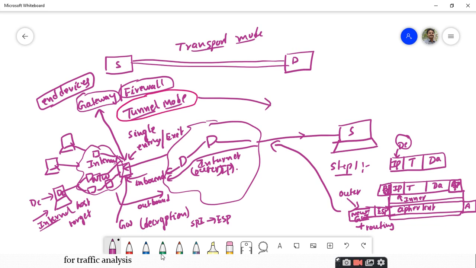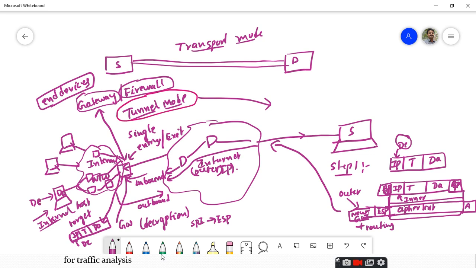It is going to decrypt the data and the remainder of the packet, that means it is going to convert this ciphertext into plain text, the entire remainder of the packet, that is from this IP to the TCP and data. So up to here, it will get the packet like this: IP, TCP and data. This IP consists of DE, that means the destination address DE.